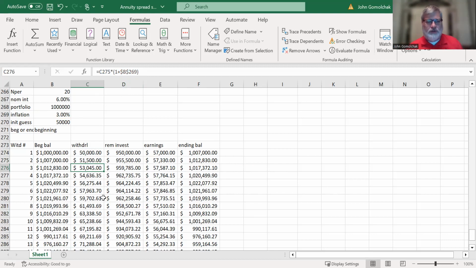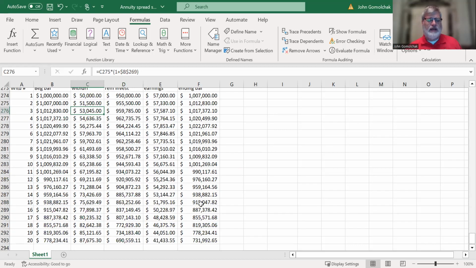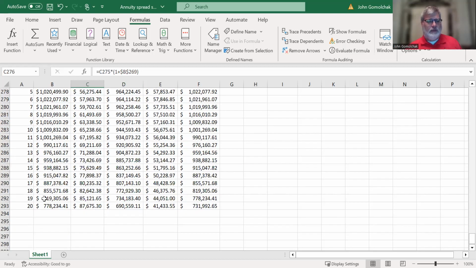Okay, so ultimately we would eventually get to a point where we end up starting to draw down on the principal. But at the end of 20 years, we would still have a value of $731,000 in this account. That's not what we were asked to do. We were asked to drive this to zero. Okay, so what I'm going to do is